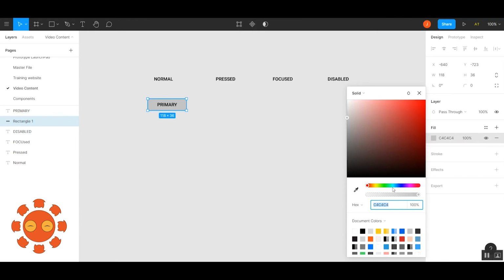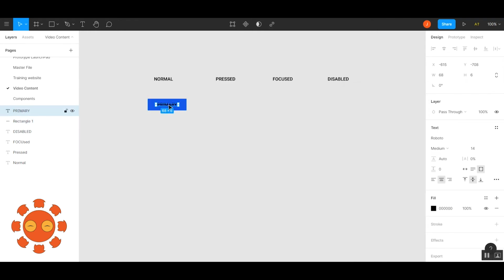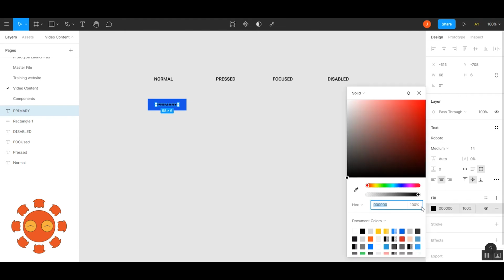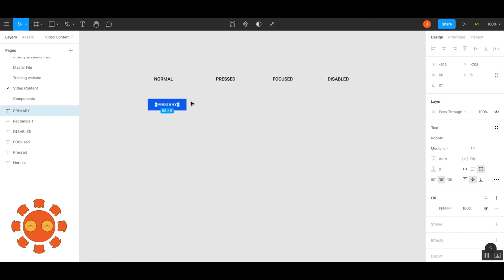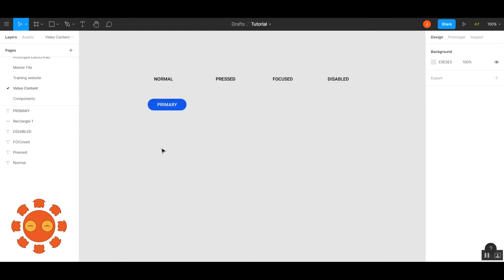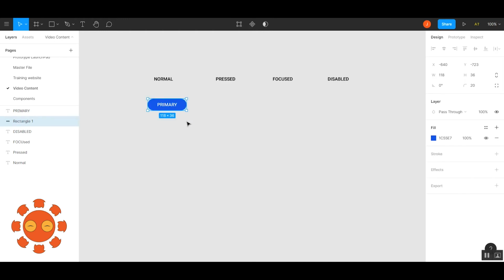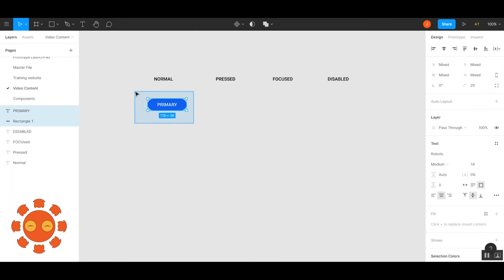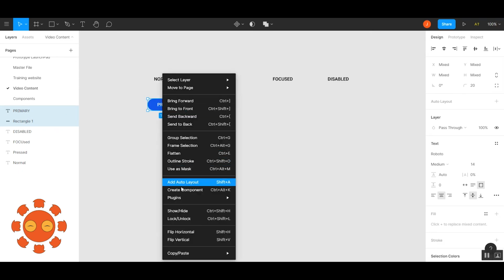I'll change this to a different color here and also change the text color to white and add some round button.